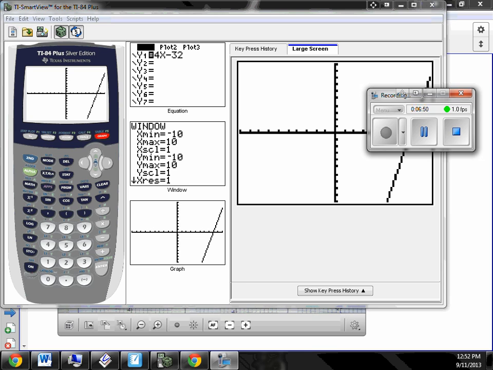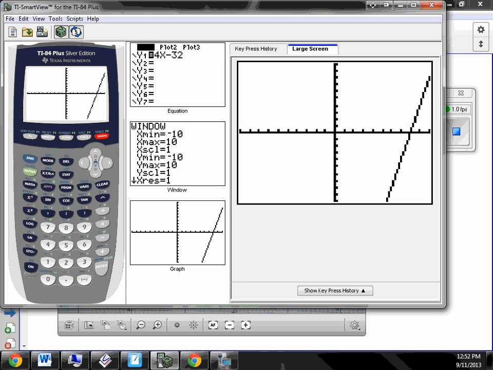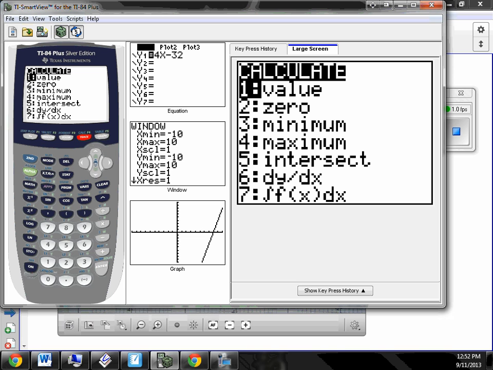If I plug 0 in here, I get 4 times 0, which is 0, and the answer is just negative 32. And your calculator will actually allow you to plug numbers in. So push second, and then over here is a button called trace, and above it you see the words calc. So second calc, and there are a whole bunch of things the calculator will do for you. The first one is find a value. So click on value,